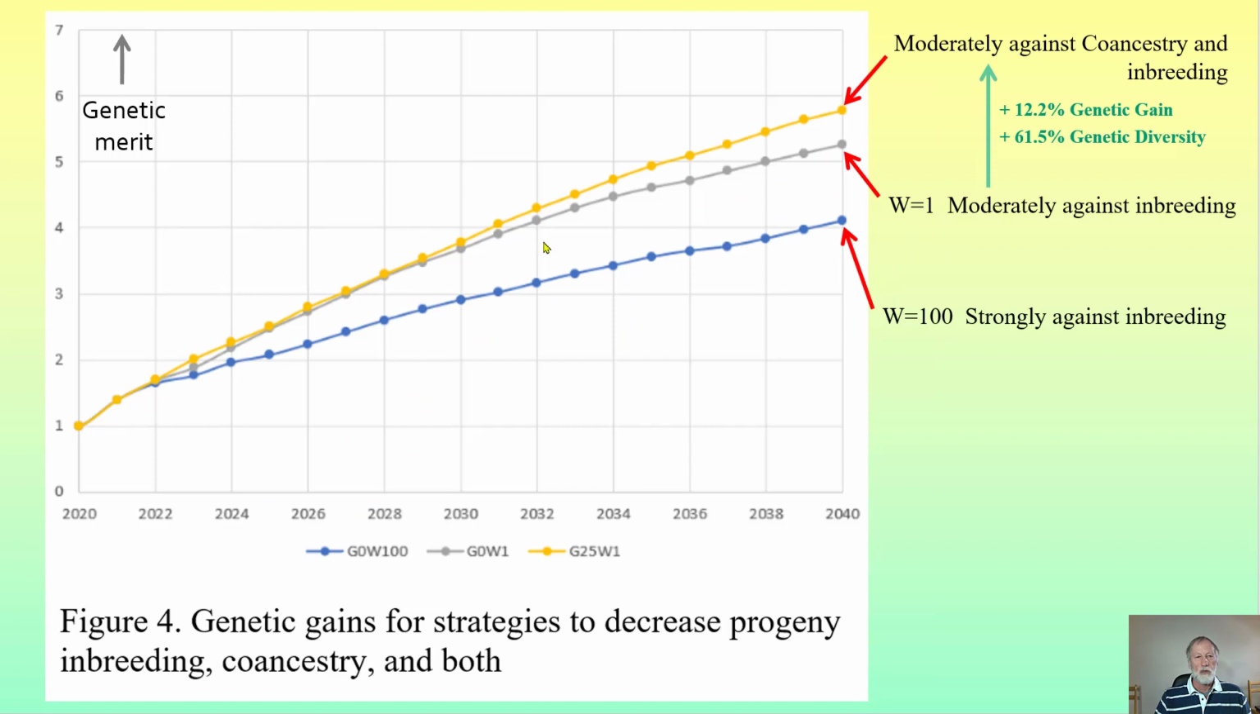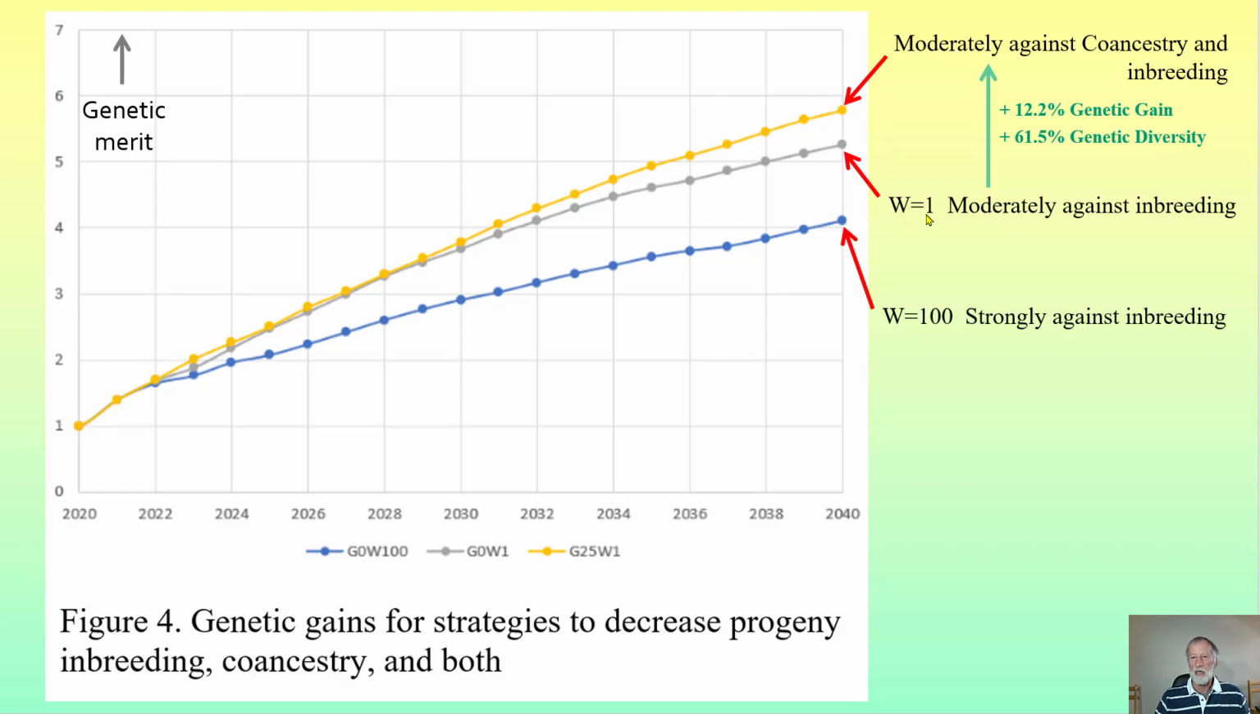The bottom line here is to look at genetic merit on the y-axis over the period of time of the simulation. So if we have a strong weight against inbreeding alone without controlling co-ancestry, largely because of selecting individuals that are not competitive in order to achieve low inbreeding, we're getting a much lower selection response. We get a much better selection response if we moderate that pressure against inbreeding in the progeny, still without controlling